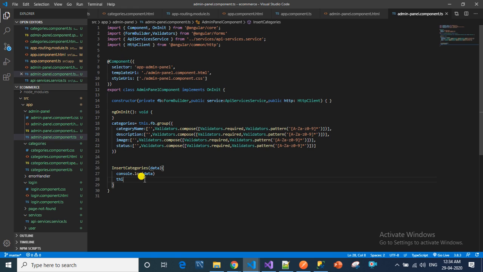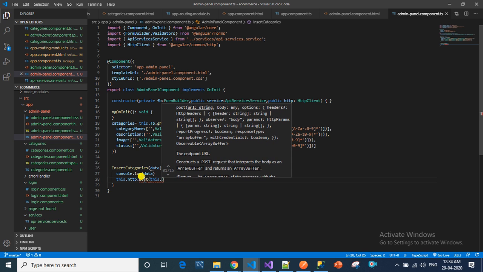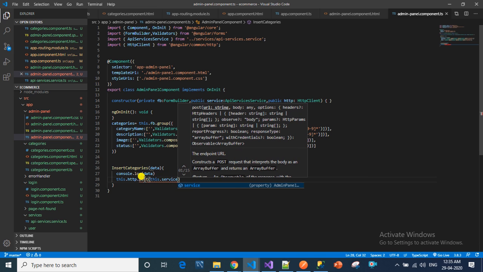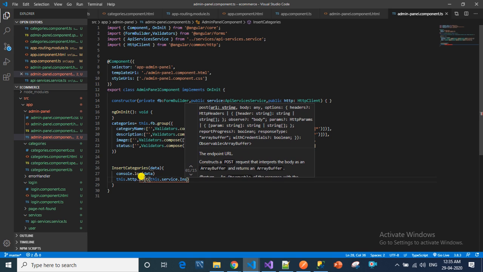Now we have to call this .http post, and we have to call the variable which we have created in the service, or string which we have created in the service. This service we have created insert categories.